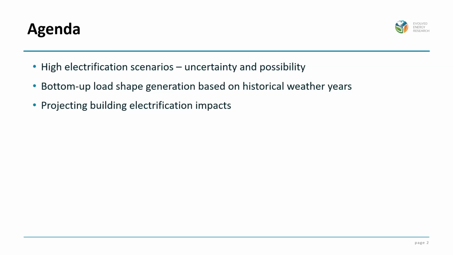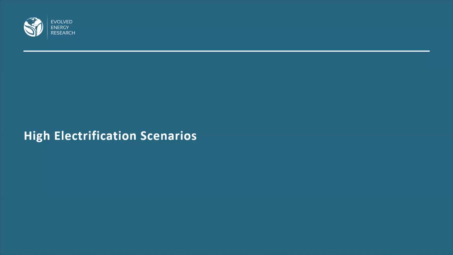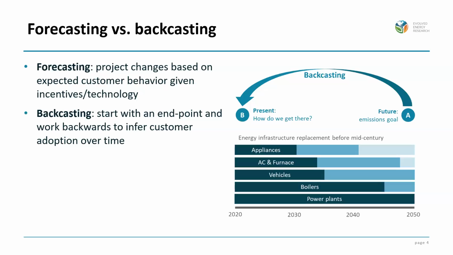And then I'll dive a bit more in detail on just the heating side and talk about those impacts and give some perspectives there. So first, on the high electrification side, I think an important contrast here is with these two approaches, one being forecasting and the other called backcasting, right? And oftentimes in the work that I'm doing, because at Evolved we do a lot of long-term studies looking at